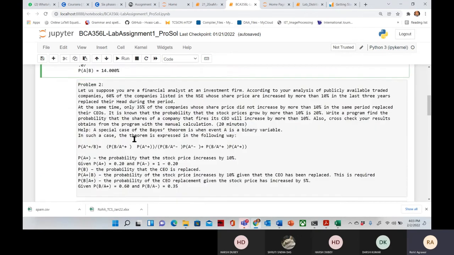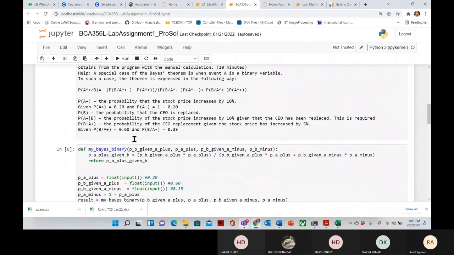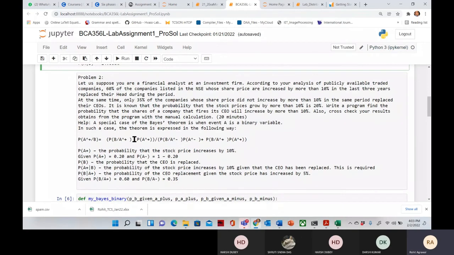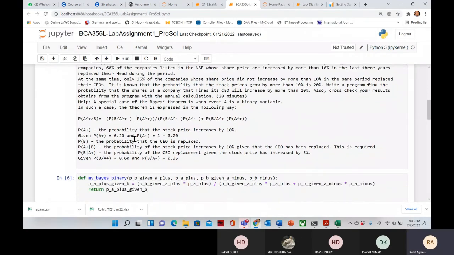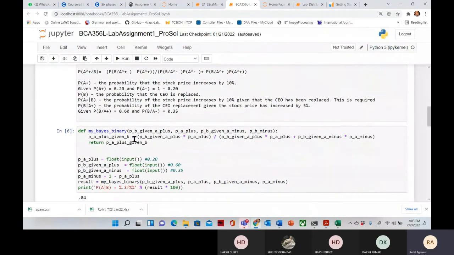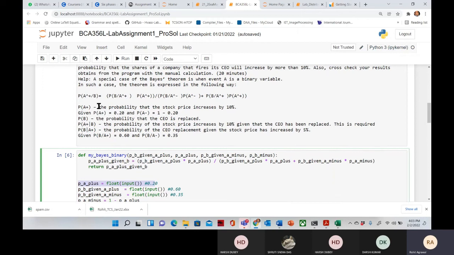First, I think is clear to all of you. In the second question, P of A is given, or you can say P of A plus. What is P of A plus? The probability that the stock price increases by 10%. This is P of A plus. This is given to us. And the second thing is given to us,